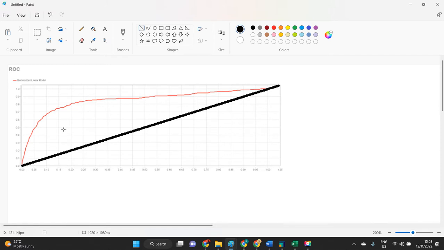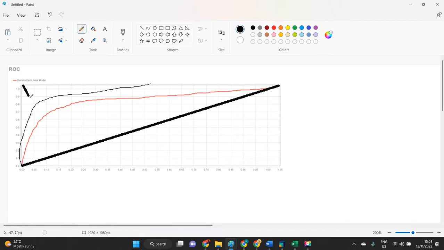When the curve is farther away from the 45 degree line, and nearer to this top edge, it is better. For example, if the curve is like this,